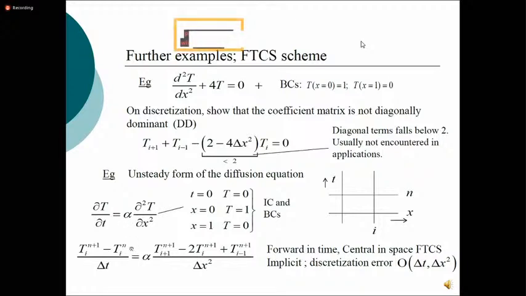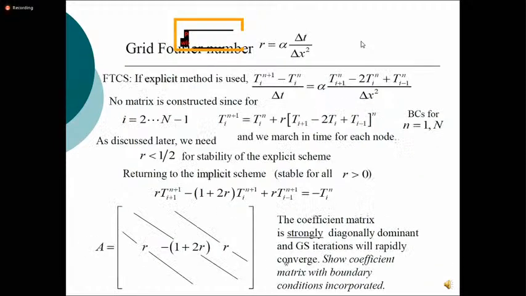And when you discretize it, you will have temperature as a function of the index i. Index i is in the space domain, and the superscript n is in the time domain, in the vertical direction, i and n. So you have Ti^(n+1) minus Ti^n over delta t. This is the time discretization. It's called FTCS, forward in time, central in space. I have shown the implicit version, that means the right hand side is evaluated at the new time level n plus 1. So if you express it in matrix notation,